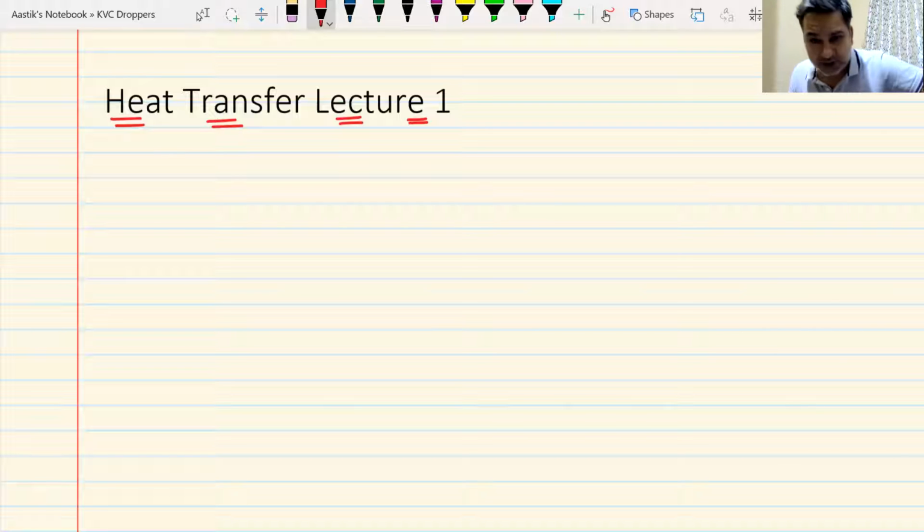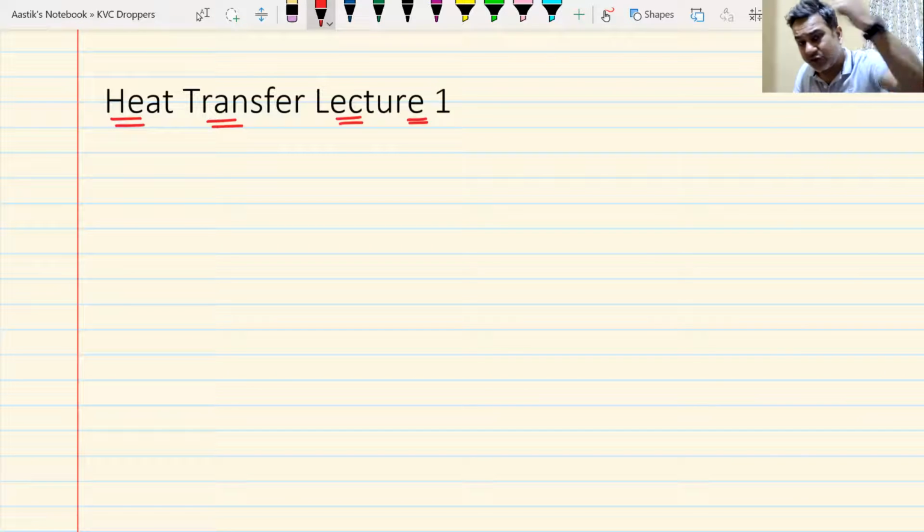Up till now, whatever we have done, whether it was thermodynamics or kinetic theory of gases, it was all a part of chemistry as well. First law of thermodynamics, second law, even the third law. It's not a part of physics, but it's a part of chemistry. Now, this heat transfer and what we did in the previous class, thermal expansion, are not a part of chemistry.